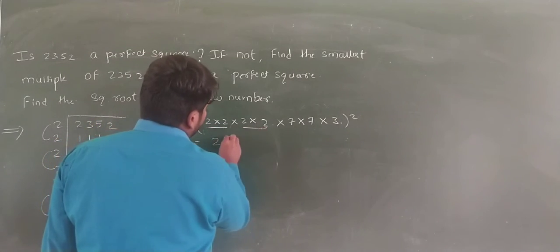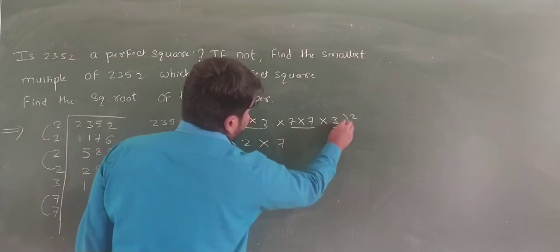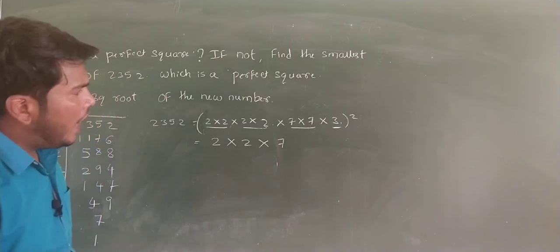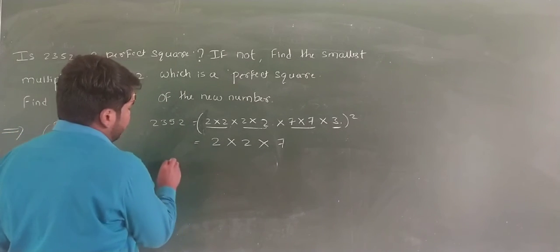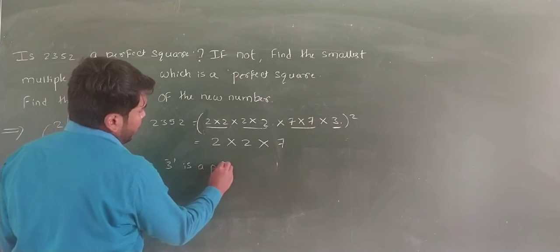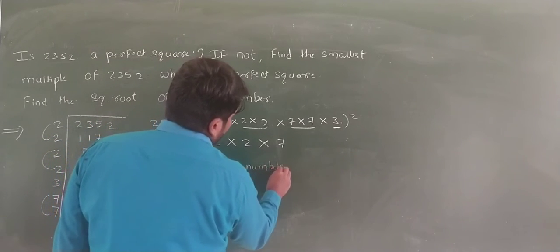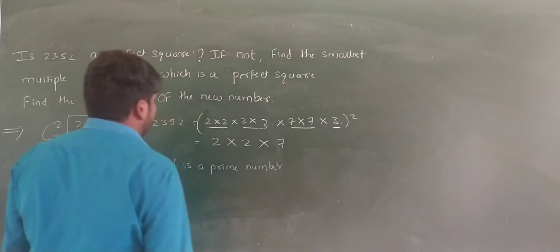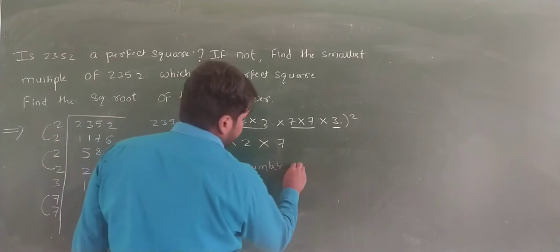This is also 2 pairs, you can write 2. This is also a pair of 7, you can write 7, but 3 does not have a pair. So 3 is a prime number, hence multiply LHS as well as RHS